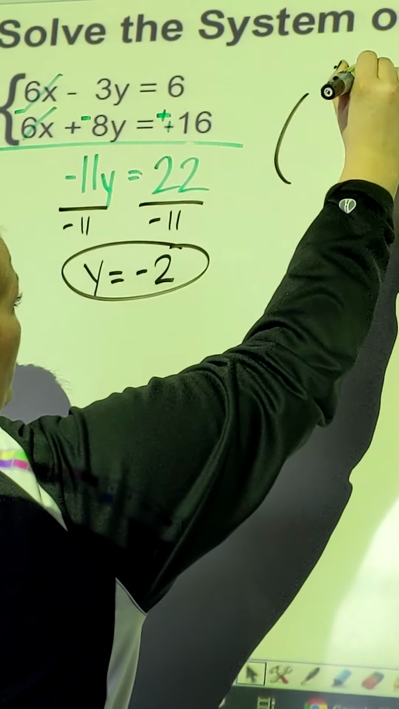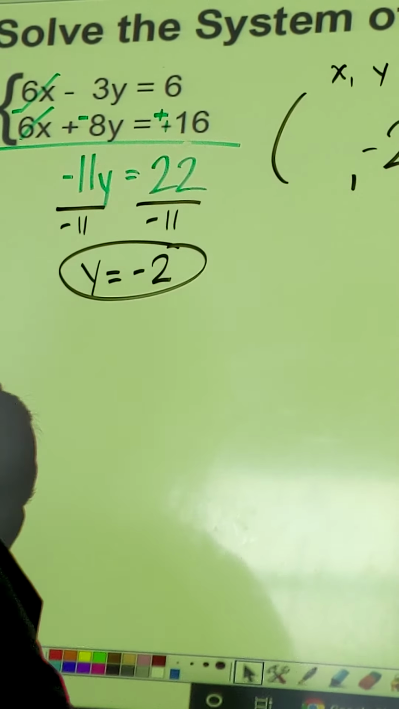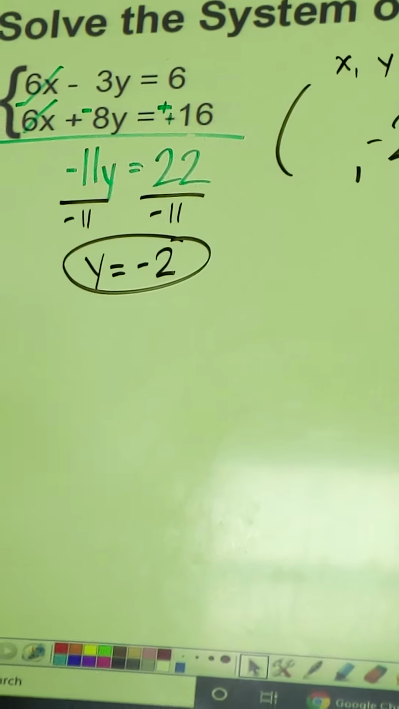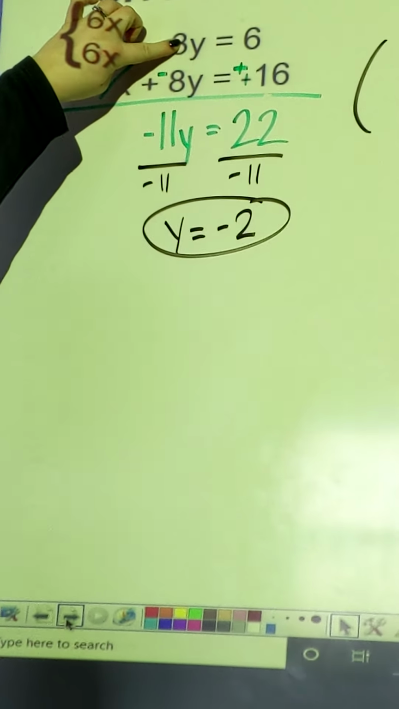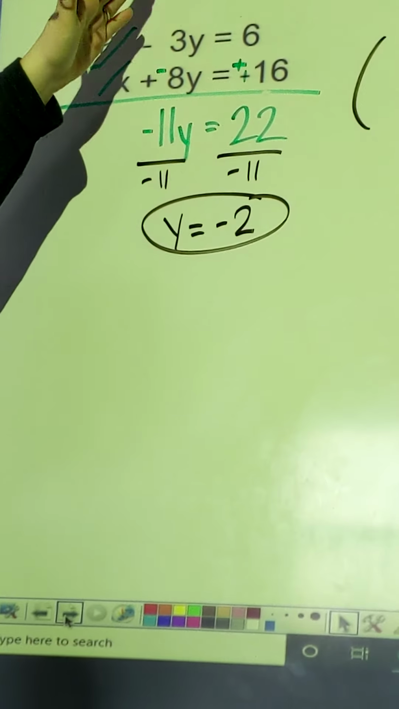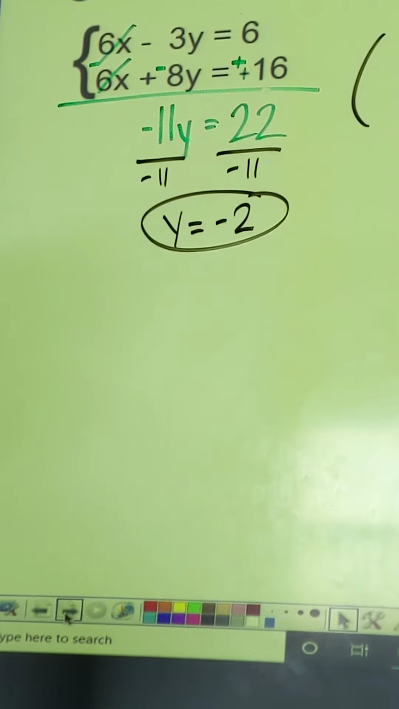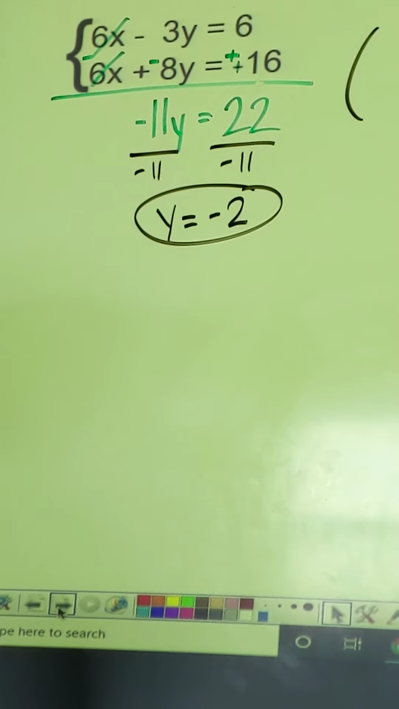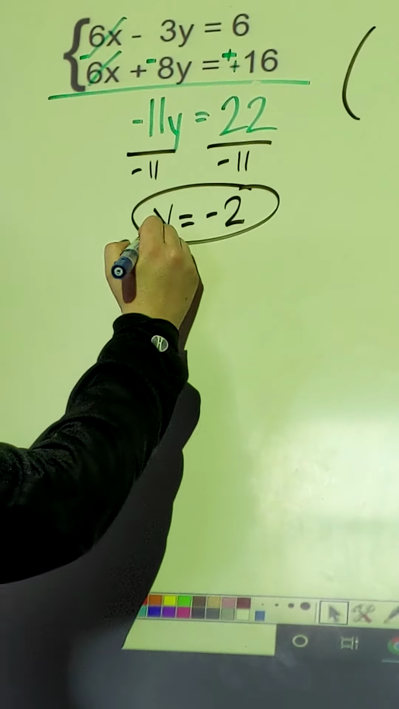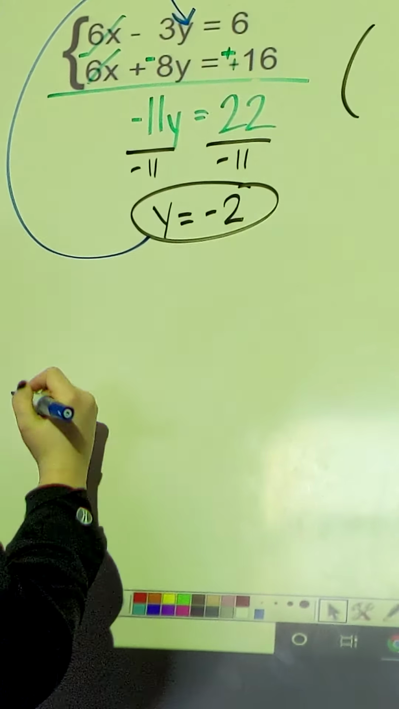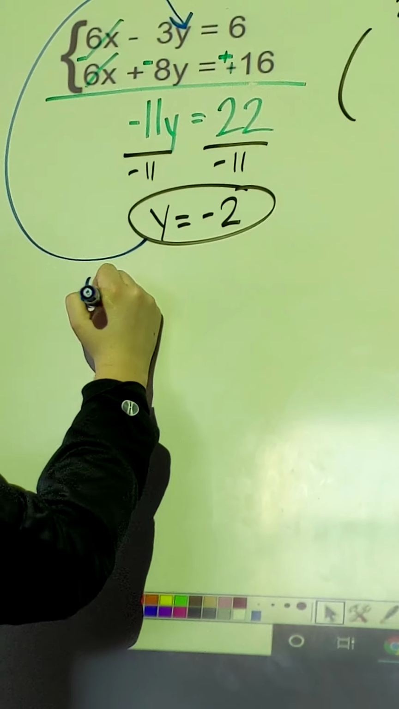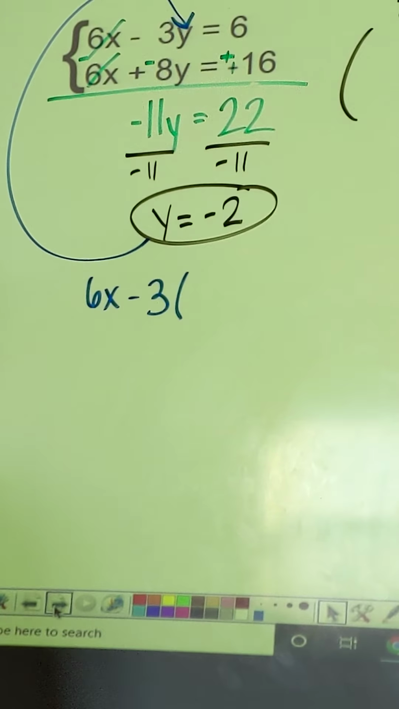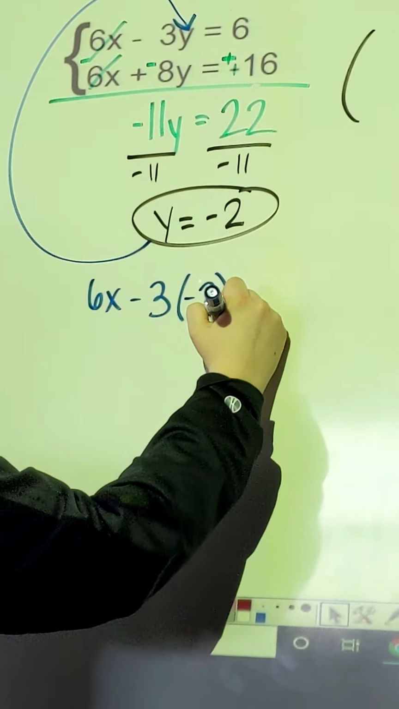Make sure you put them in the correct coordinates. I can choose whether to plug it in. Now I notice that these numbers are smaller, but I also notice that there's negatives involved in both, so it's kind of up to you to decide, would I rather avoid a negative or would I rather avoid big numbers? So in this case, I guess I'll just plug it into the first one. It doesn't matter. So I'll say 6x minus 3, but instead of writing the y, I'll write negative 2 equals